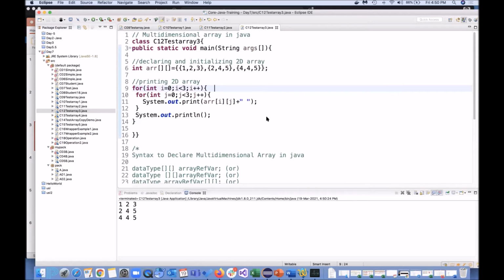So it's simple. Means 2-dimensional arrays. Simple. At the first position, you are saving 1, 2, 3. Then second position, you are saving 2, 3, 3, and then 4, 4, 5. And since it's 2-dimensional, with i and j, with this i and j nested loop, you can now print out the value of these things.